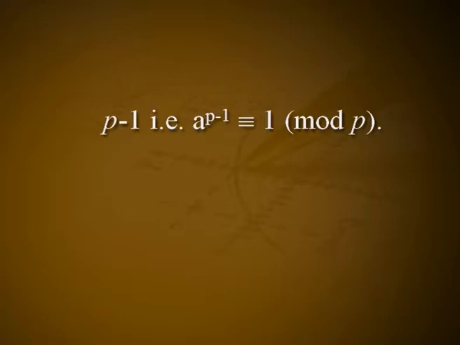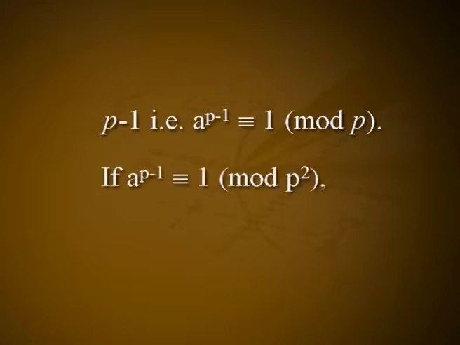Proof. We first show that there exists a primitive root mod p raised to k, p an odd prime and k greater than or equal to 1. We know that if k equal to 1, there is a primitive root mod p. Suppose k greater than 1, and let a be a primitive root mod p. We shall, starting with a, construct a primitive root mod p raised to k. By definition, a has exponent p minus 1, that is a raised to p minus 1 is congruent to 1 mod p.